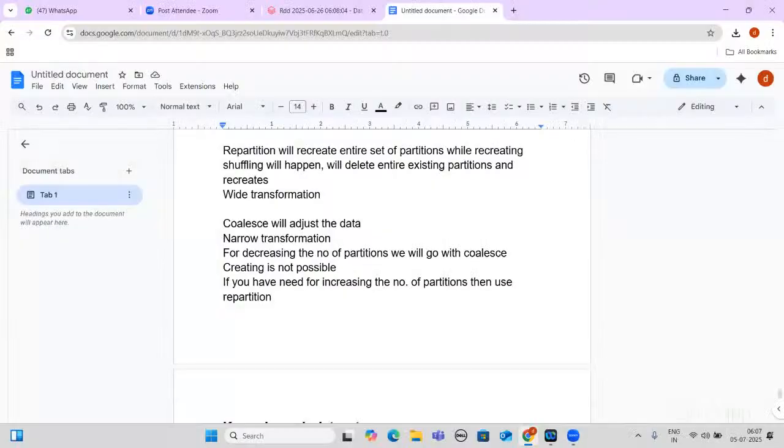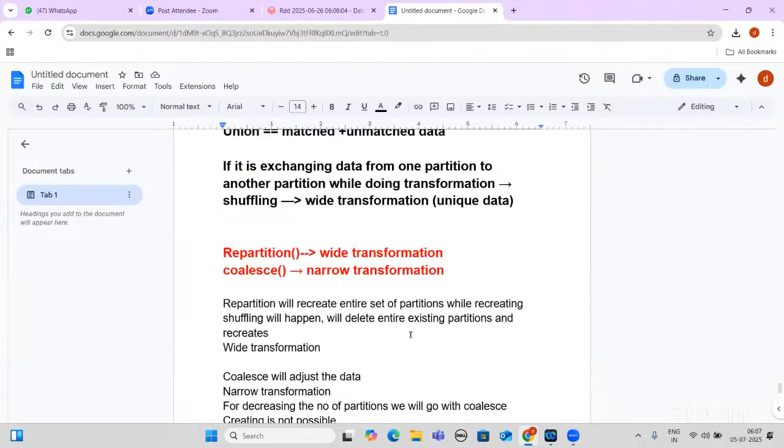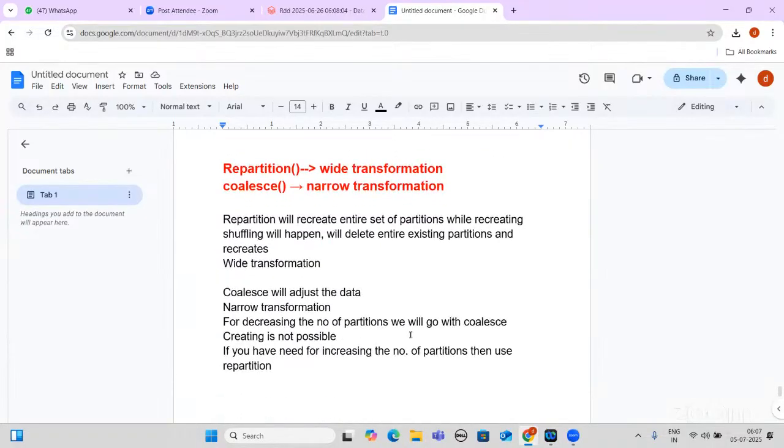And this will come under the narrow transformation. So these two are very important, repartition and coalesce. Whenever you require increasing the number of partitions, then only you can use the repartition, because wide transformation is costlier than the narrow transformation. So billing is very important. While you're developing something, you need to be cautious. So if you want to be a good developer, you must be considering the